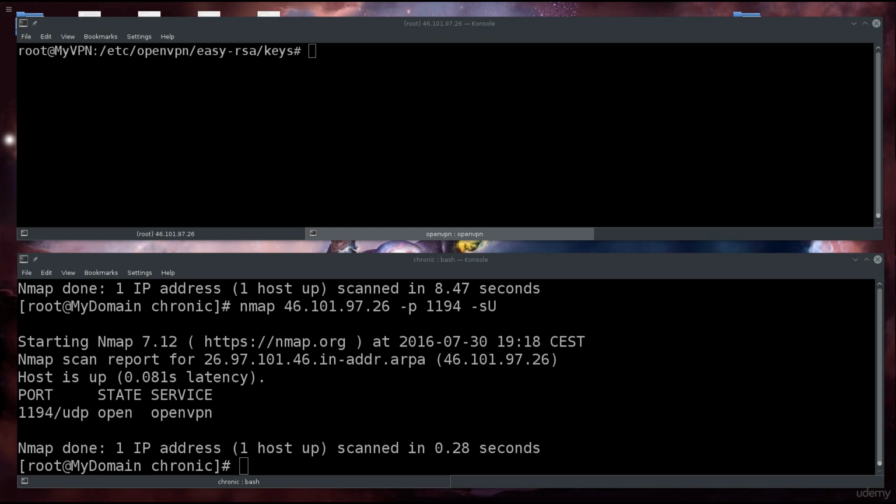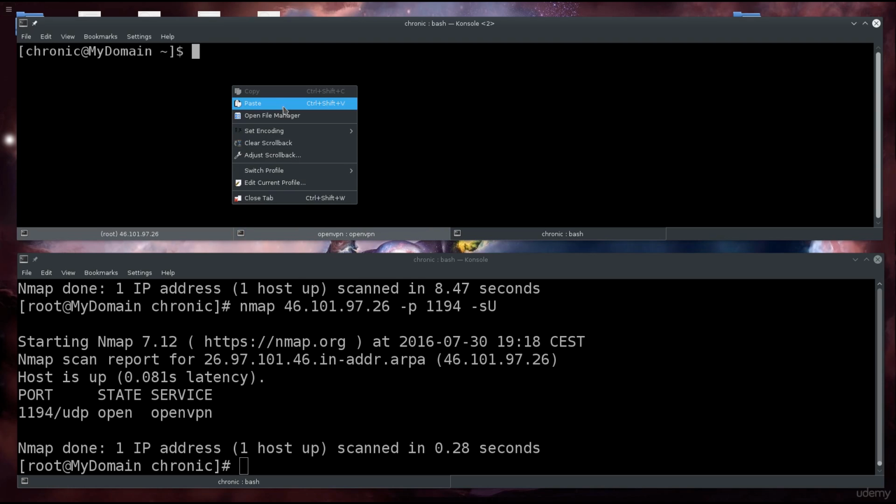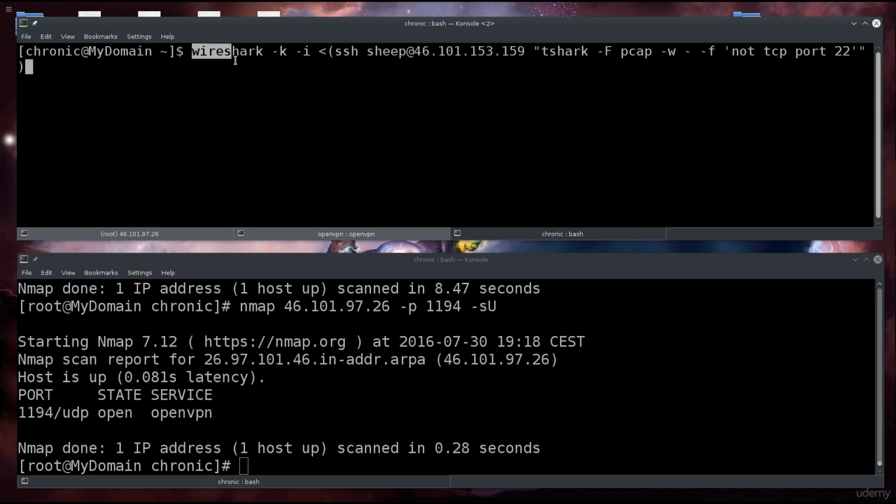Okay, so now that T-Shark is installed on our server, let's go over to our host machine, our client machine, and you have this line of code which I have explained in great detail before and have elaborated on every single detail of it. Just going to do this root. Even the old username remains there, sheep. So,